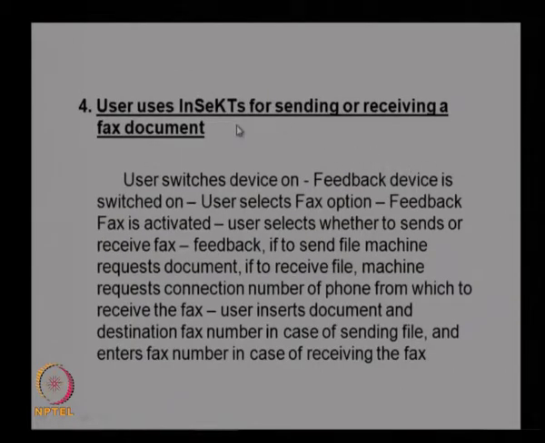This is another one similar to the previous one, sending or receiving a fax document. Again most of the initial activities will be almost the same. Instead of telephone he will be connecting to a fax option, and then the fax service will be provided. Here we need to see how we provide the user with facilities for feeding the paper and directly connecting to the fax machine, and then once we give feedback that it has been completed, we can log off, similar to the telephone service.